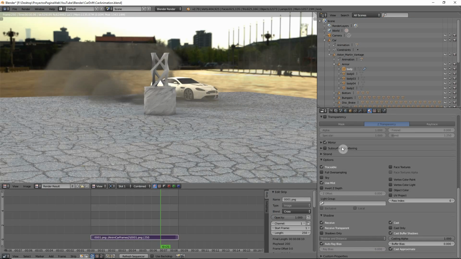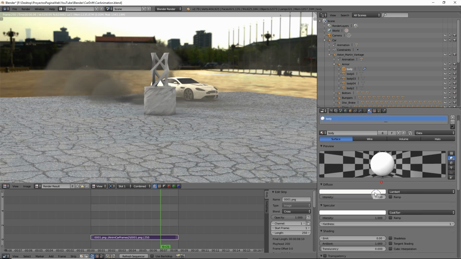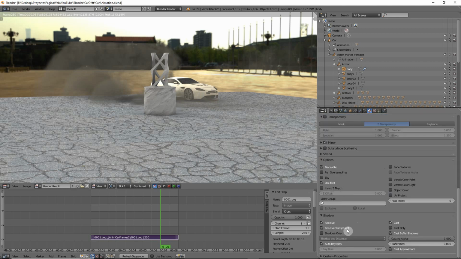Great, so we have already baked the animation of the car. I will explain some of the tweaks I have to make before creating this animation. For instance, you have to select each part of the car pieces, and in the materials you have to put them as receive transparent as well. Also, I had to make the domain bigger for the smoke, because as you can see here it's cut. I made it bigger, but still it's getting cut. It should be a bit bigger, or making a different kind of adaptive domain. But for now, for the sake of this tutorial, that's going to be more than good.